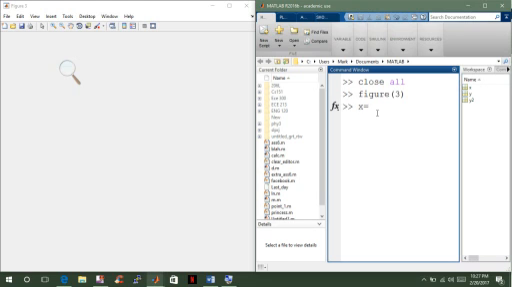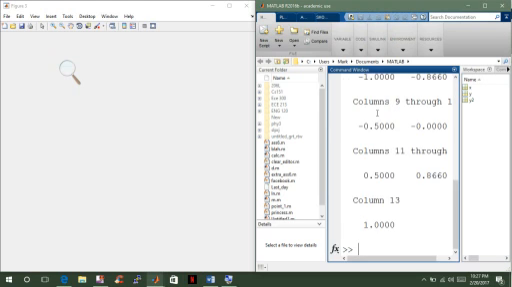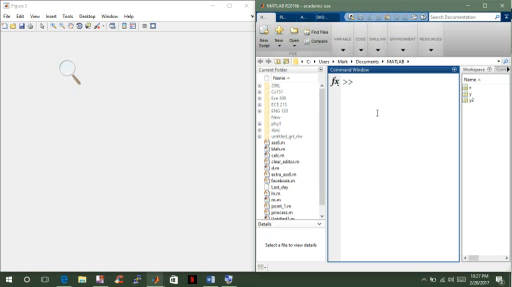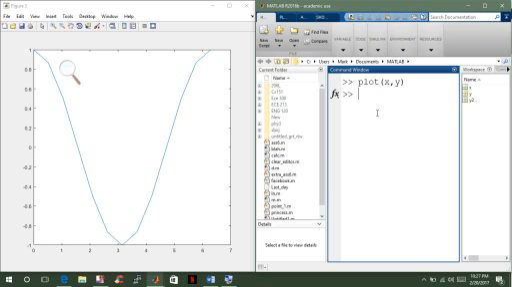So x is equal to 0 by pi over 6 to 2 times pi. And my y is just going to be a cosine of x. So this should have suppressed that. Plot x comma y. I have this really choppy graph. Well, let's use hold on and let's introduce you to your next